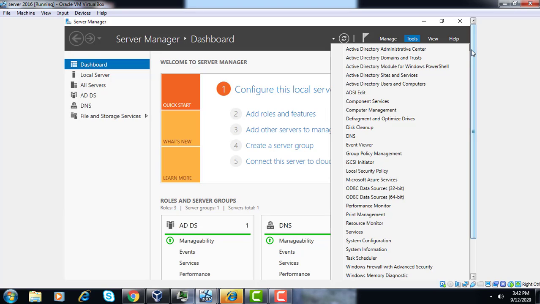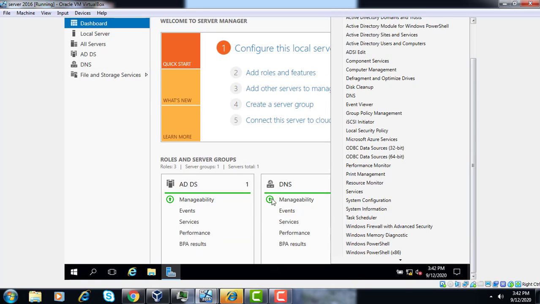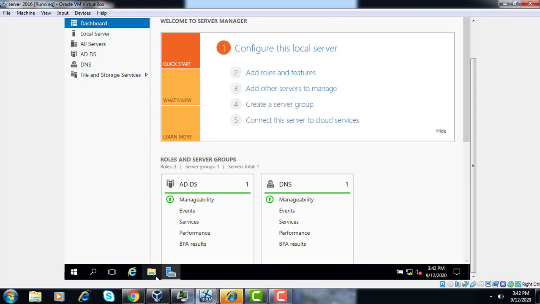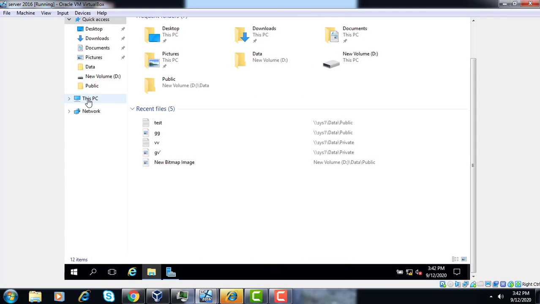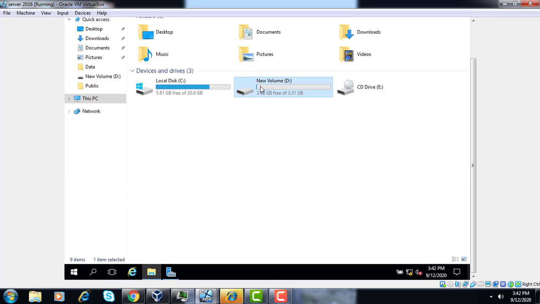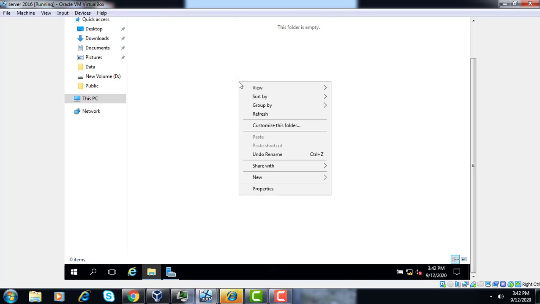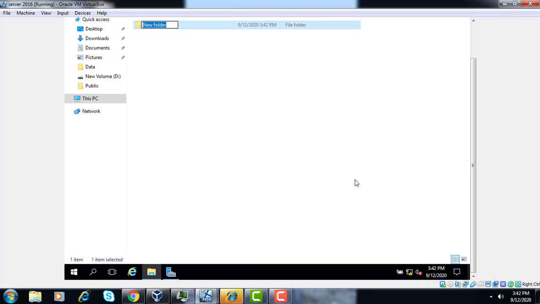First, we create a single folder to check the permission. Suppose we have created the folder Data.